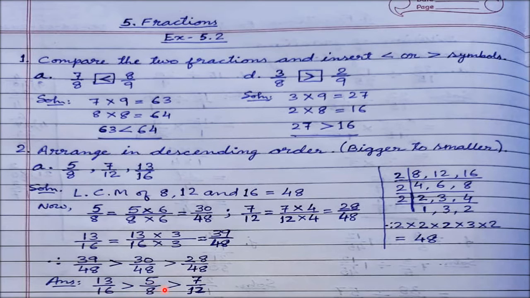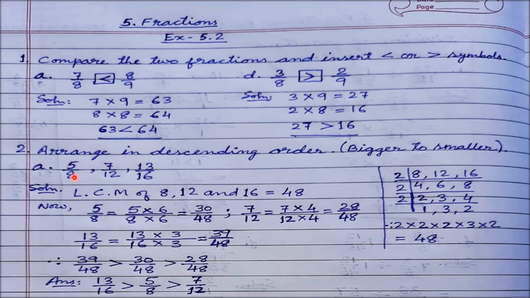Smaller than that is now 30 by 48. If you look here, 30 by 48's corresponding was 5 by 8. So 5 by 8. And the smallest one is 28 by 48. That means 28 by 48. The corresponding one was 7 by 12. So 7 by 12. So finally we will have to arrange the original fractions which were given in the question